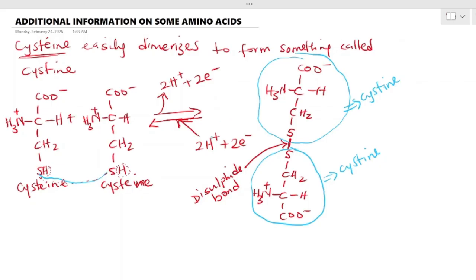When you bring them back in, it actually produces two molecules of cysteine. That's why you can see it's a forward and a reverse reaction. So it is a reversible reaction. So in the next page,